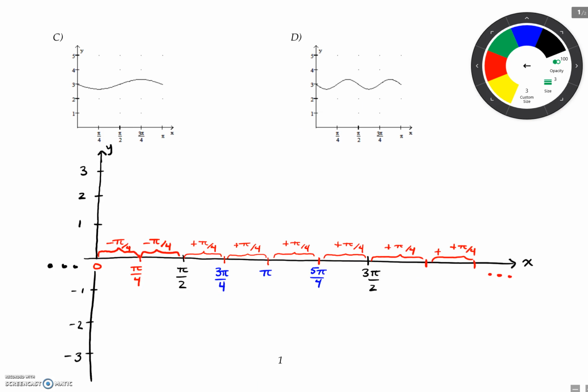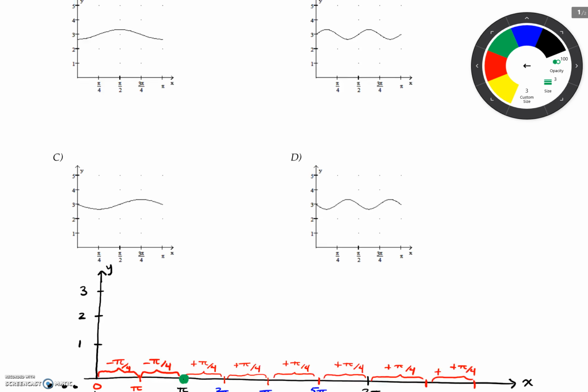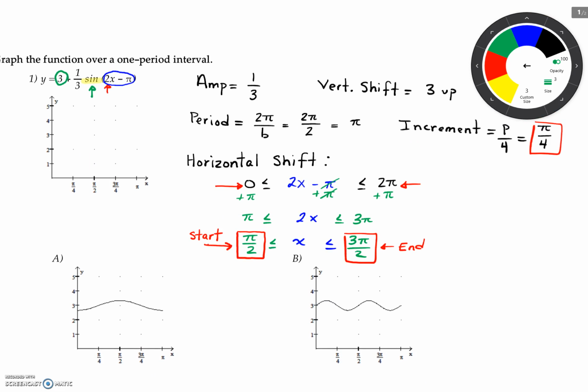So it's going to look something like this. What I'm trying to say is that instead of starting here at 0, I'm shifting over to pi over 2. This was our starting point. So there's my first point there. Now just keep in mind, if we were graphing cosine, then instead of starting at 0, we'd be starting at 1, but we'd still be at pi over 2. So I'm making the dot here as if it was cosine. But since we're working with sine, it would be at 0, so let me erase that dot there. Now, our amplitude, we said the amplitude of this problem was, let's see,